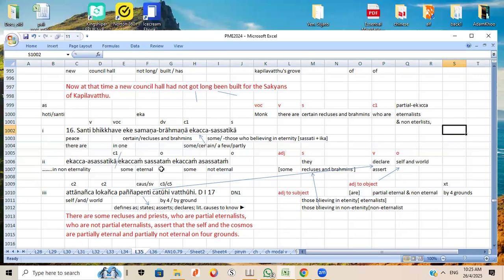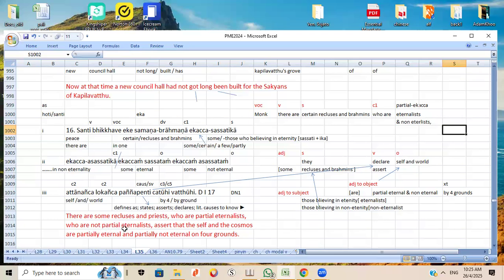So if you translate as priest, you are okay. But if you don't want to translate, you use the word Brahmin. Brahmana. So here is partial eternalists, who are partial eternalists and